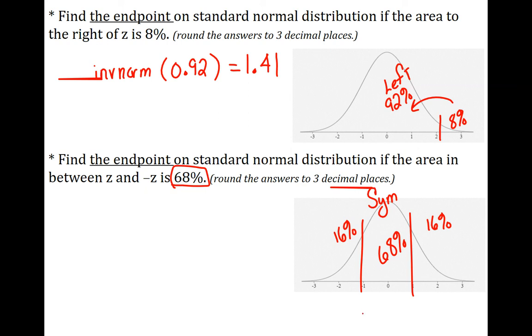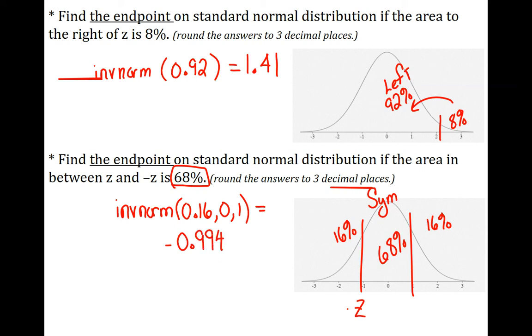So what I'm going to do is focus on this z-score right here. Because if I can figure out that z-score, then I'll know the other z-score also because of symmetry. So I'm going to look at my calculator and say, hey, I need to calculate the z-score for that bottom end number. Okay, so I'm going to use inverse norm. That inverse norm calculation is going to be based on 16%, 0.16. And if I want to go ahead and put the 0 and the 1 in there, I can, but I don't need to. And when I do that, I'm going to get a return of negative